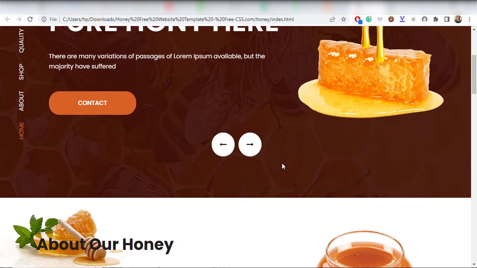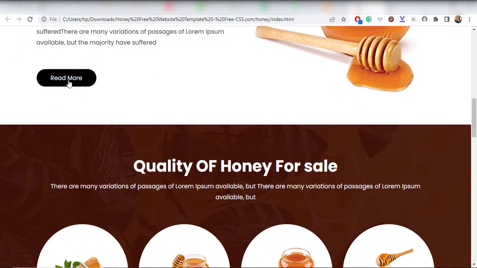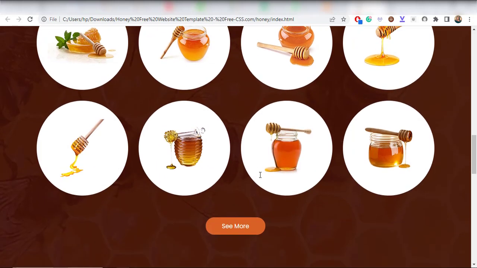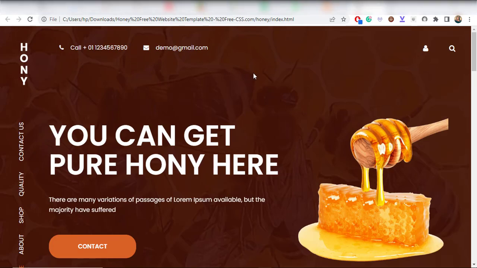I have the honey, I have the slider up here with some jQuery, and I also have some extensions up here. You can tell from the URL that I am on a local account, and working with a local account like this is not very useful. The URL is very long and confusing. I need to break this down by using Xampp so that it becomes easier to operate and work with. So what I'll do is move these HTML files from my local computer